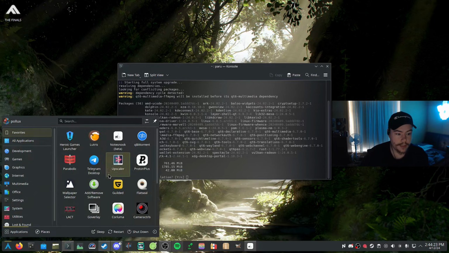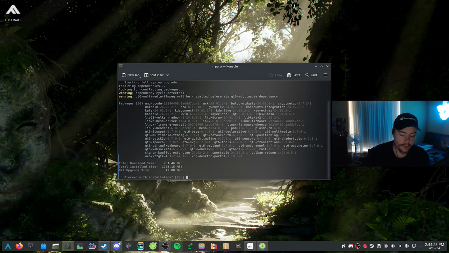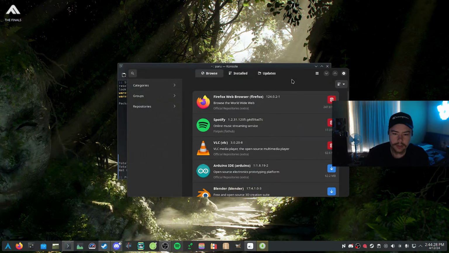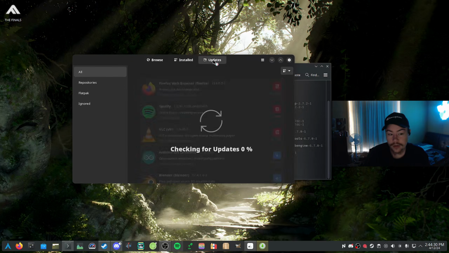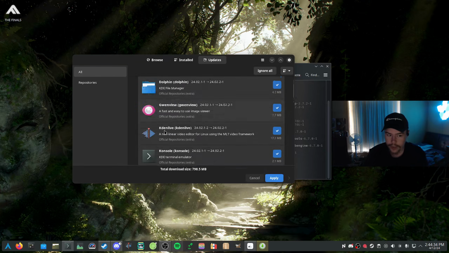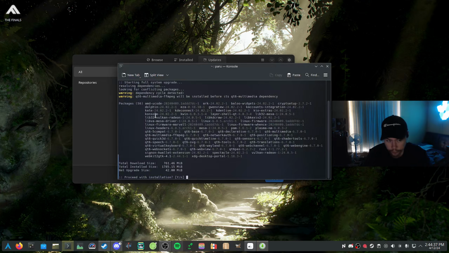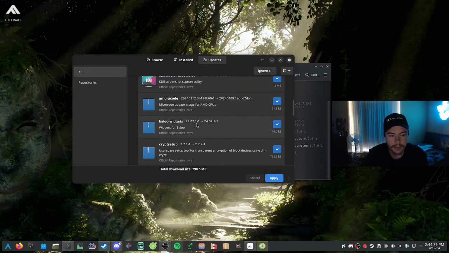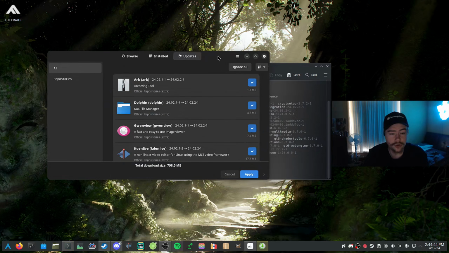But usually I would just go to this GUI application, which is called Harmac, which I don't use that much as it's kind of only made for Manjaro, but it is a nice GUI application if I wanted to do updates through here. As you can see, here are the updates that were on this terminal, and now they're on the Harmac store. After that's done updating, usually you just restart your computer and those updates will be installed. That seems to be a lot easier, I would say, when it comes to updating both applications and system